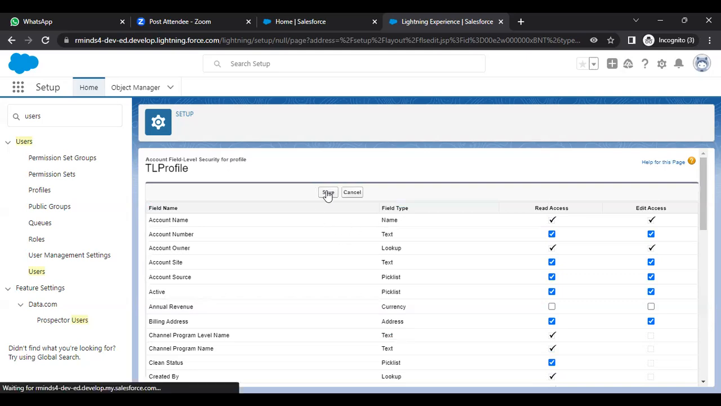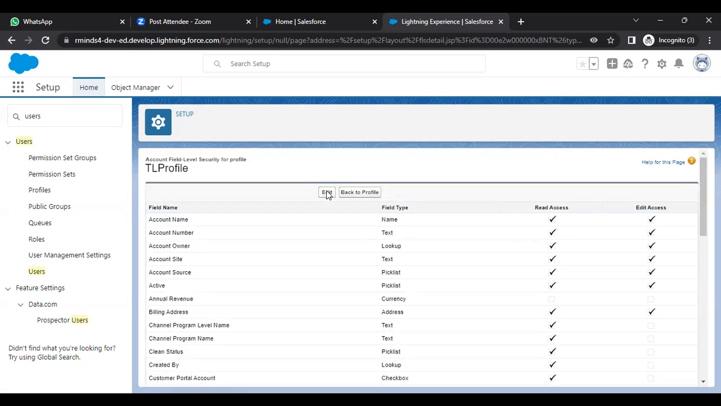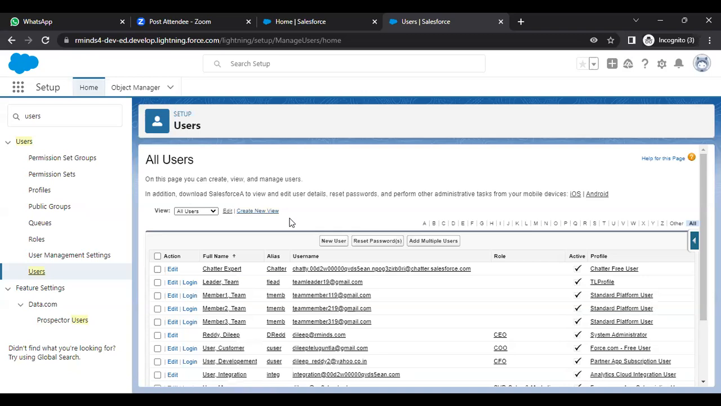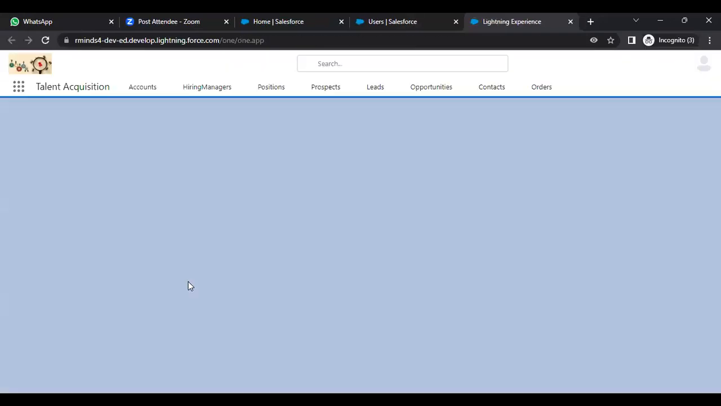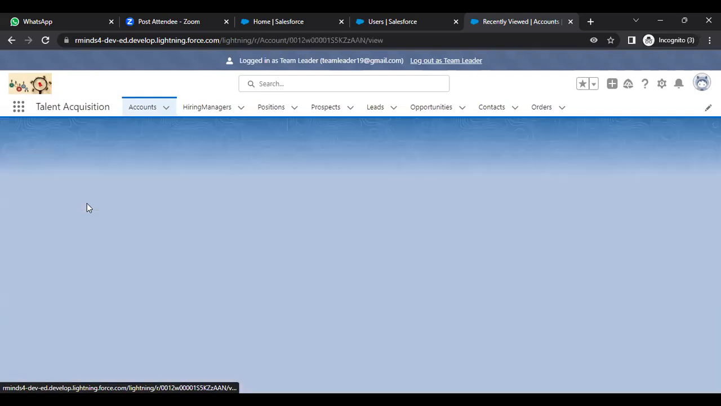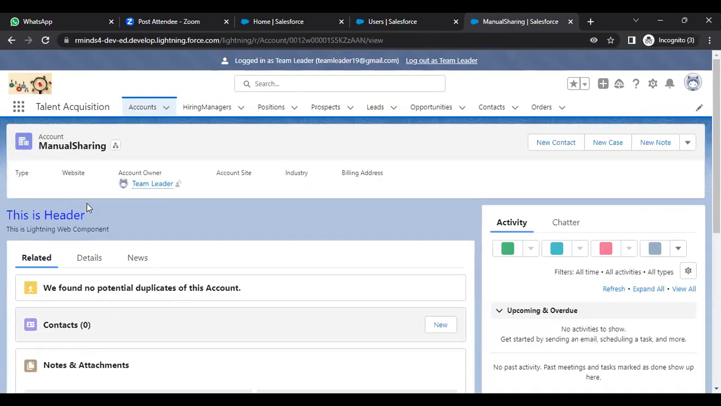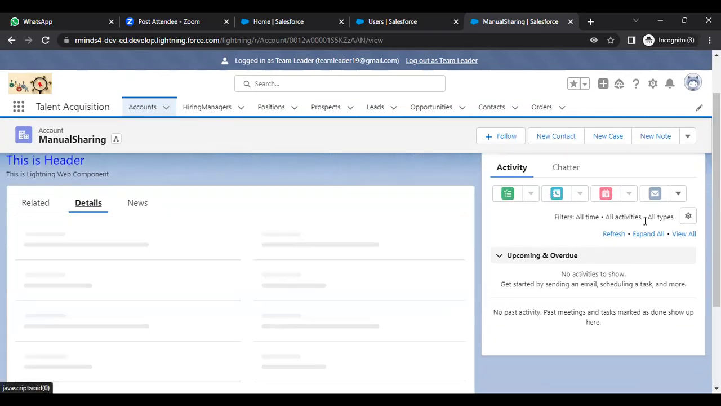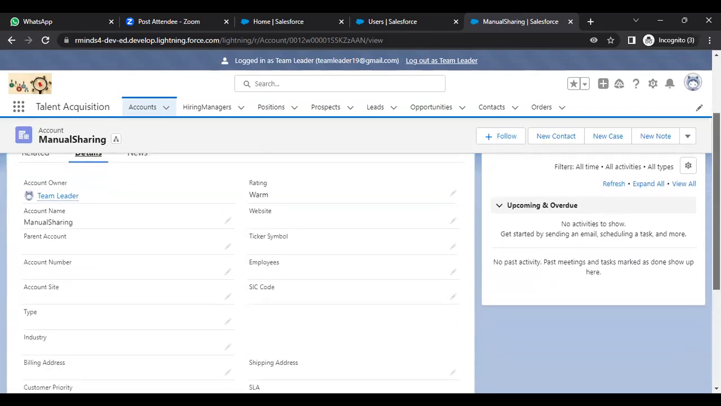So click on save, and now it will be applicable for the users, right? So let's go ahead and test it. Log in as the team leader user again. Go to accounts, manual sharing account. This had a phone number, right? So if you go to details also, if you see,